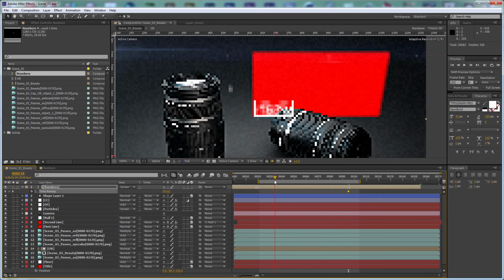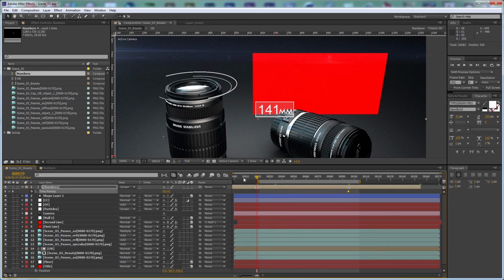And as you can see, we have from 55 to 250 millimeters